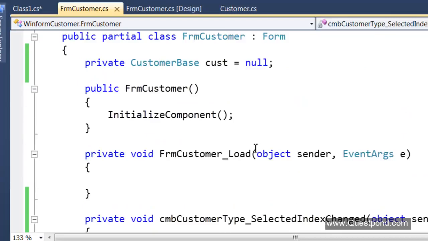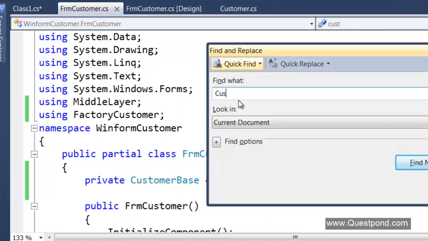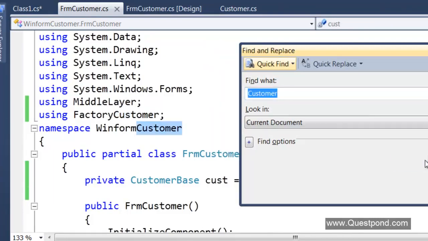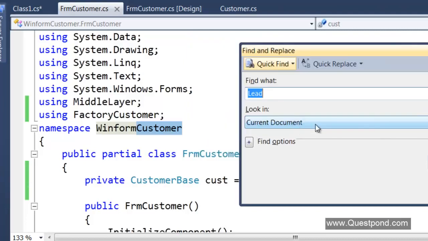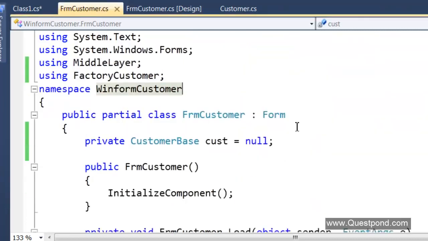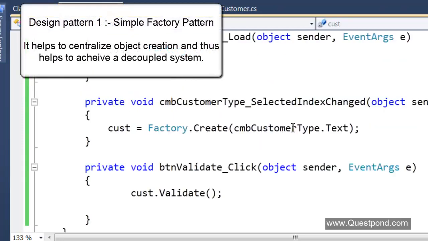So you can see now in my UI, I have no reference of the customer class, or the lead class. I can just search for the lead. So you can see there is no reference of the strongly typed classes, right? So you can see now by using this simple factory pattern, we are able to decouple the user interface from